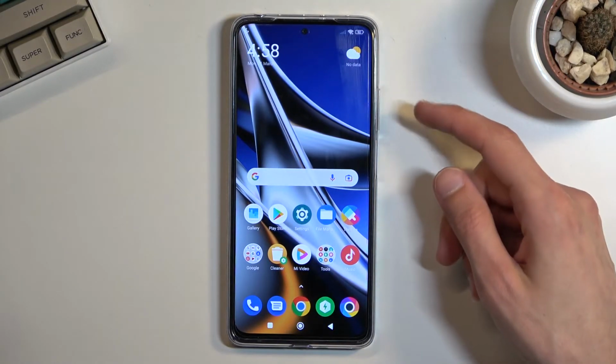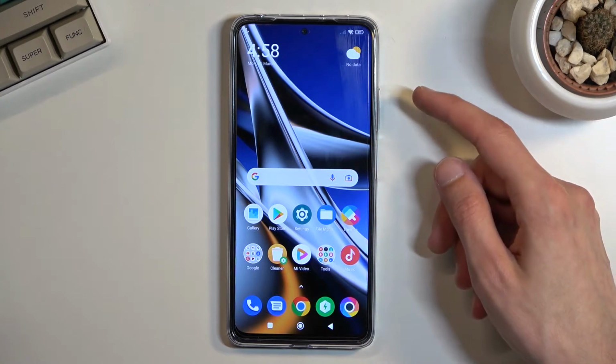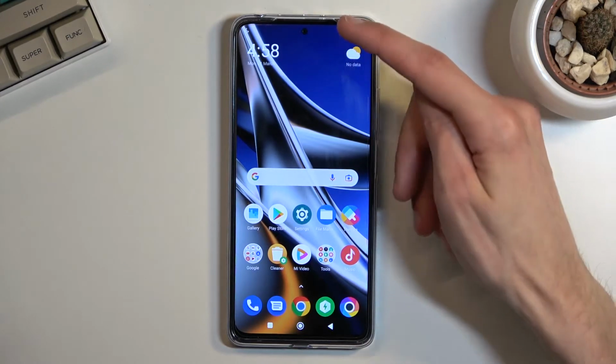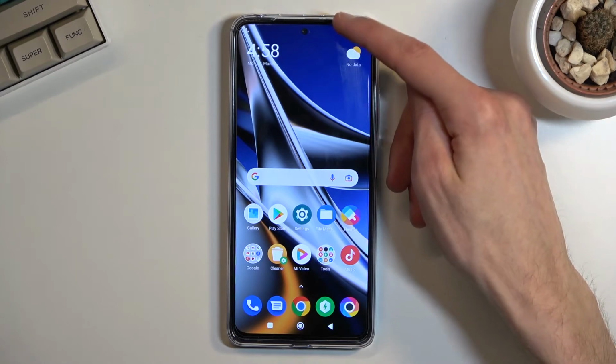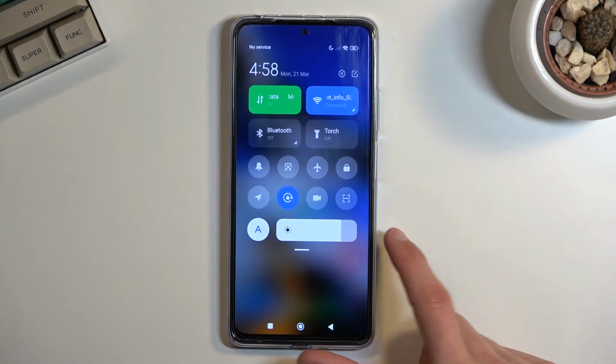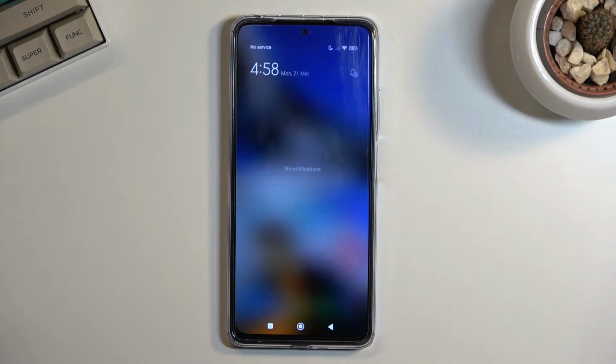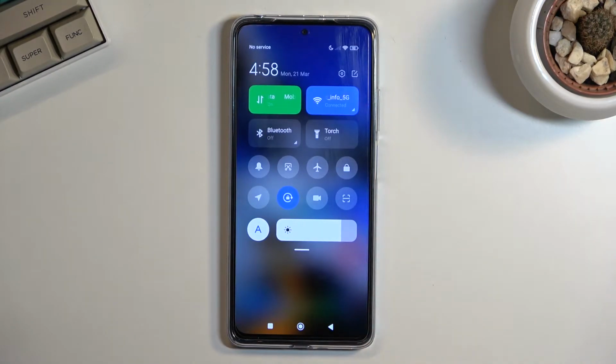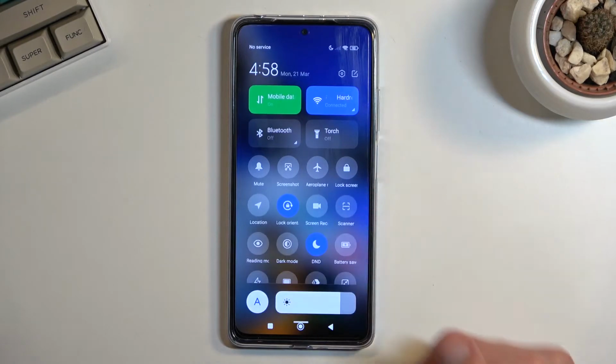So to get started, you want to pull down your toggles, which are located on the right side. So pull down from the top right side, and it will give you the toggles. If you do it from the left side, it gives you the notifications instead. So make sure you do it from the right side, and from here you can expand the list and look